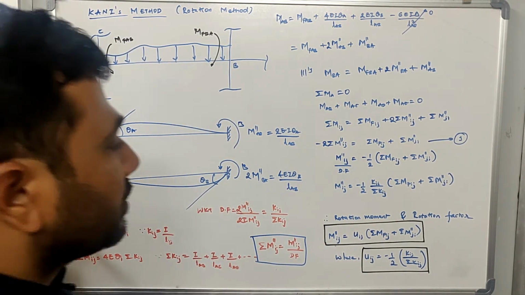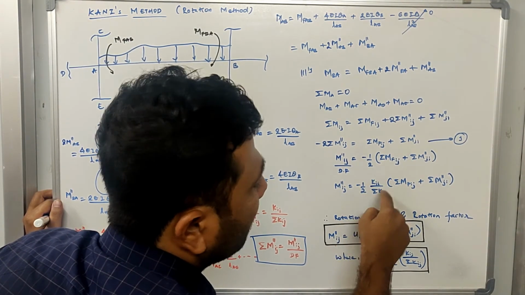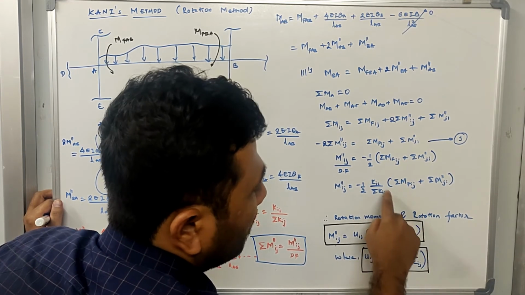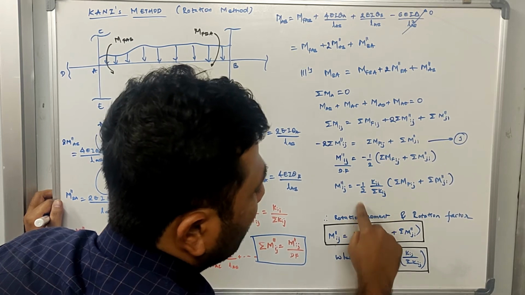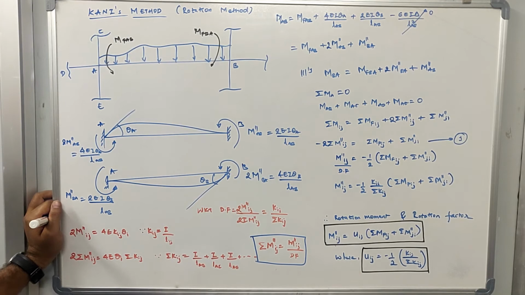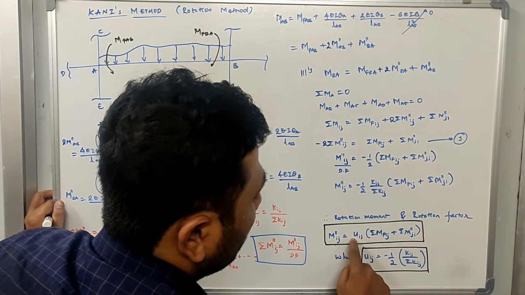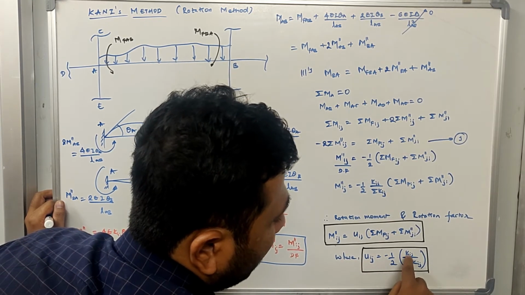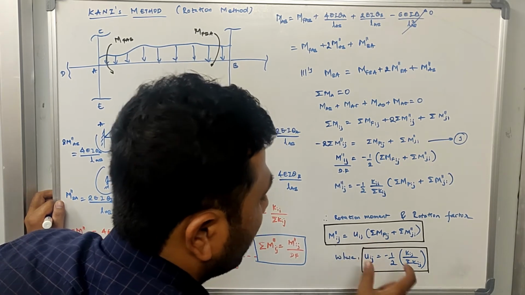Okay, now what I will do is I will write this into a single head, because this will remain constant, right? K, relative stiffness, is constant, joint stiffness is constant, so relative stiffness divided by joint stiffness multiplied by some coefficient. I will call this as uij. Uij is your rotation factor. Okay, so what is rotation factor? Uij is equals to minus 1 by 2 into bracket kij divided by summation of kij. Okay, this is your rotation factor.